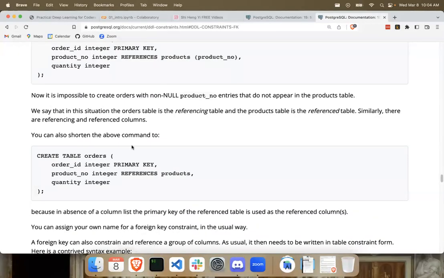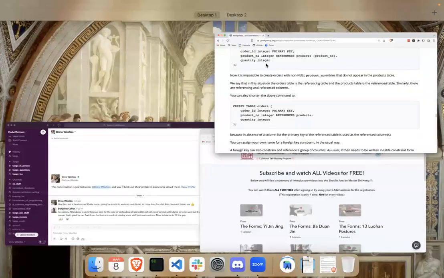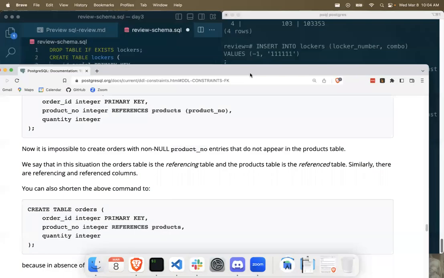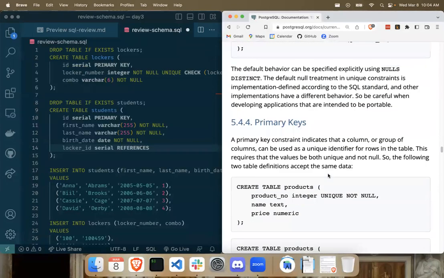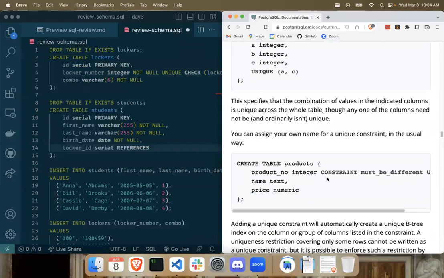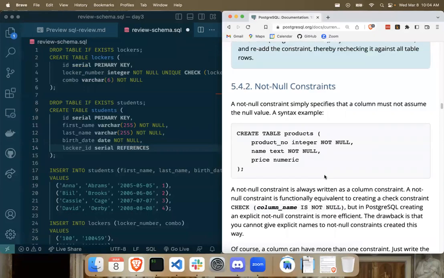So I would have to try it out to be 100% sure, because I haven't touched Postgres in a minute, but that is my understanding. Okay, so looking at this, it looks like in the case of the foreign key, I think I lost it, but in the case of the